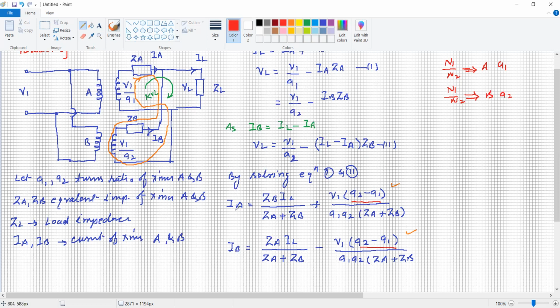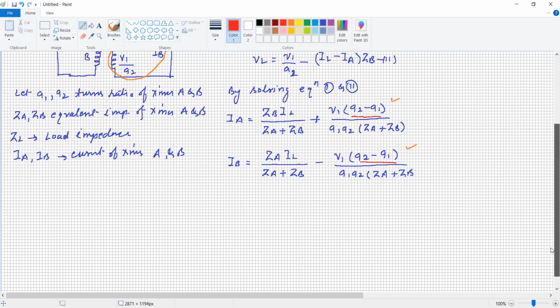So the load current supplied by transformer A and B is completely utilized by the load, isn't it? Even though there is a small difference between the turns ratios of transformer A and transformer B, they can be connected. But if the turns ratios are equal, the circulating current definitely becomes zero, and it is perfect. Whatever load current is supplied by transformer A and transformer B is utilized by the load.